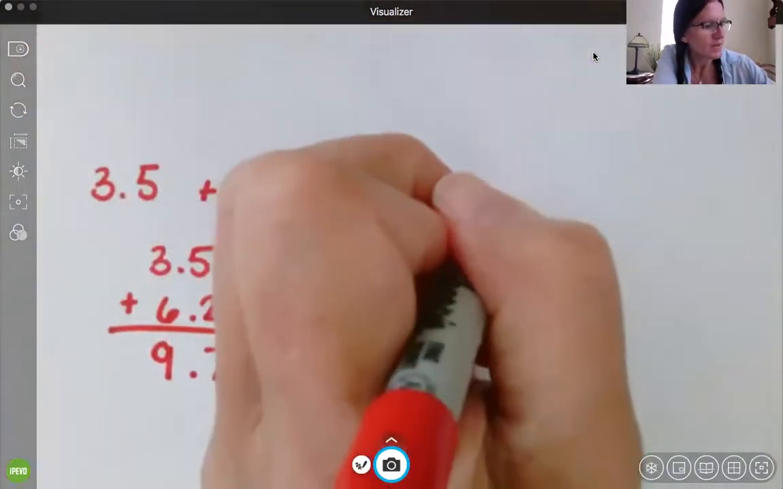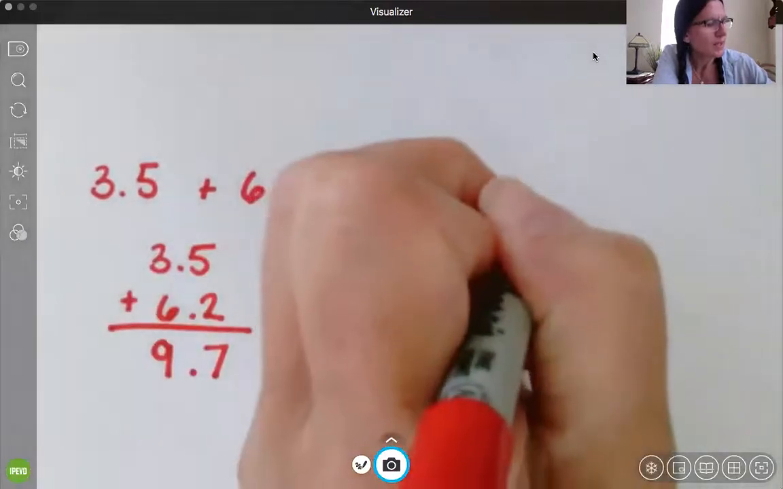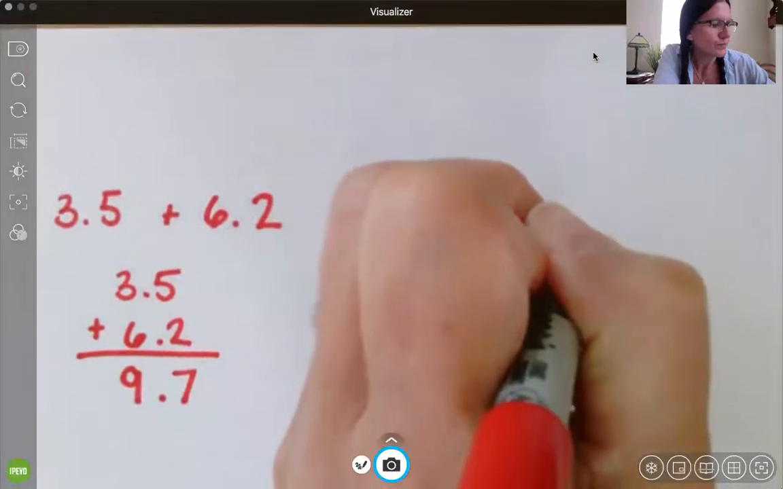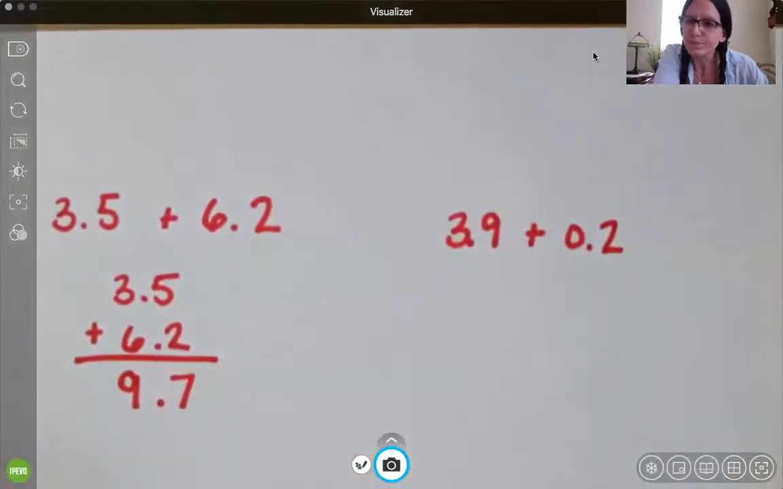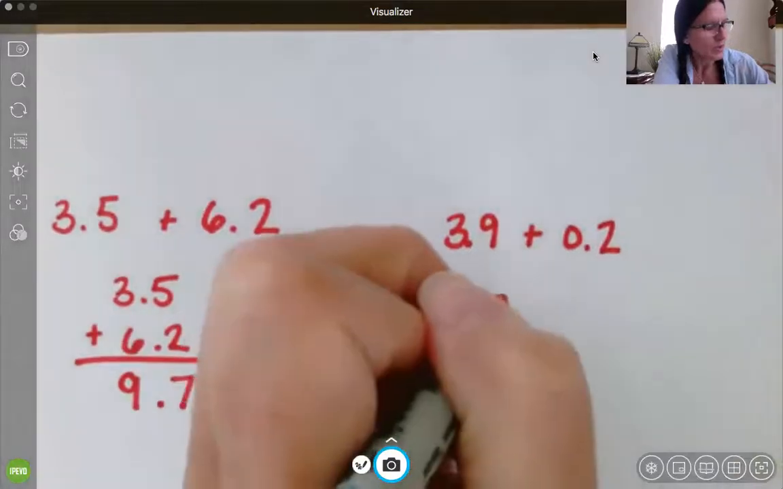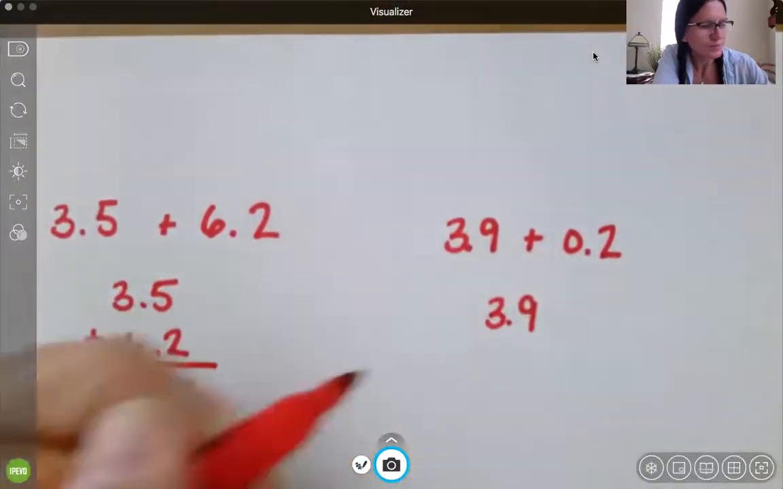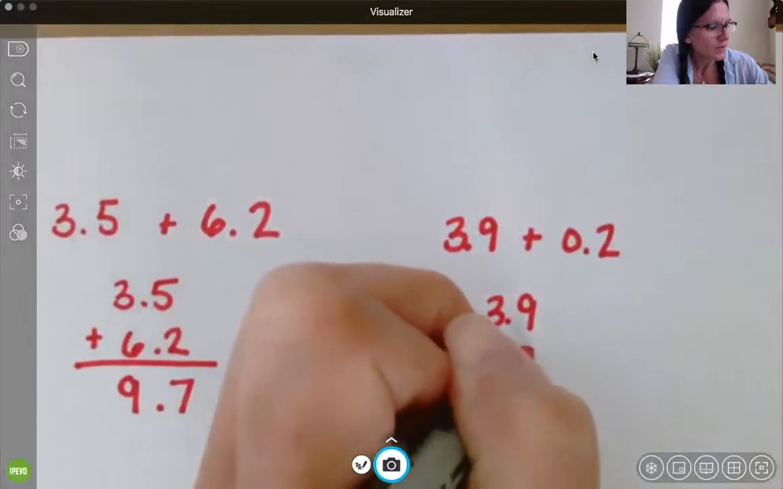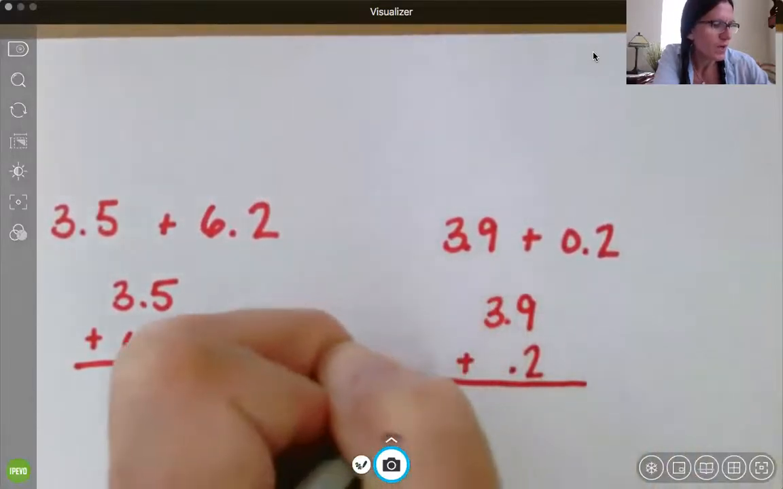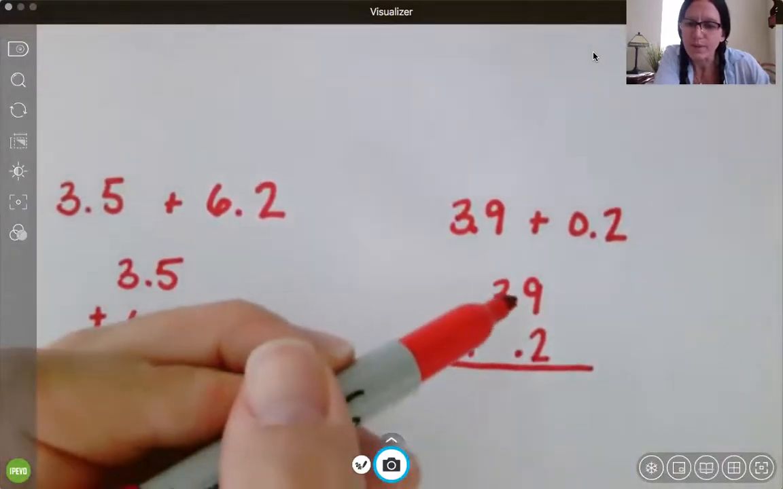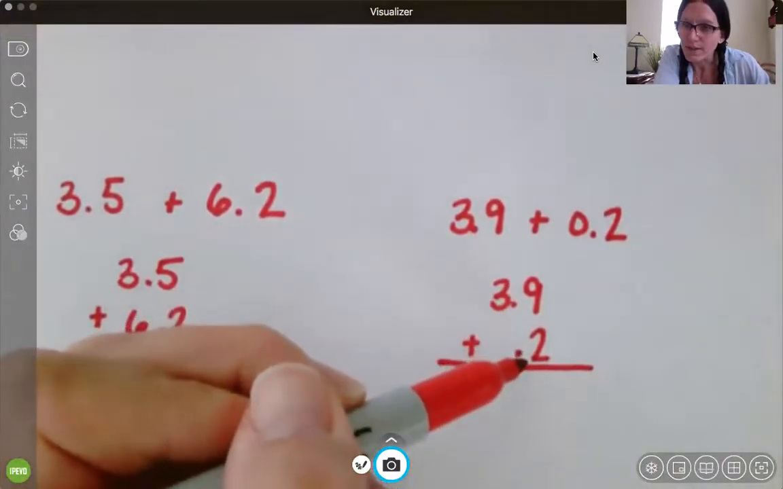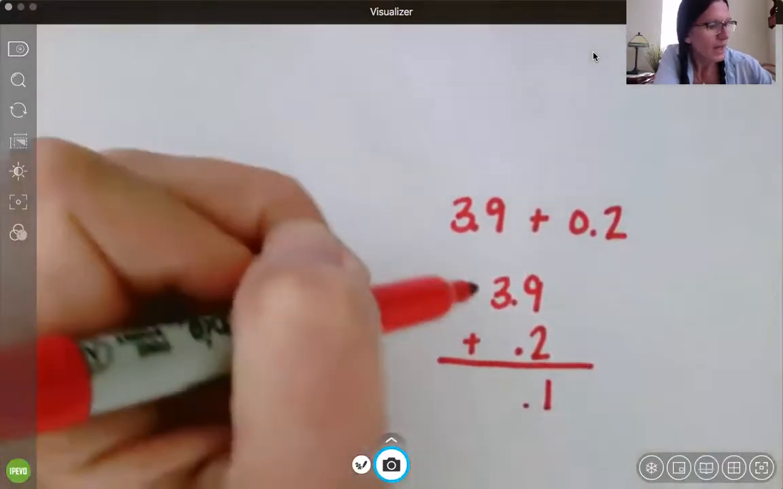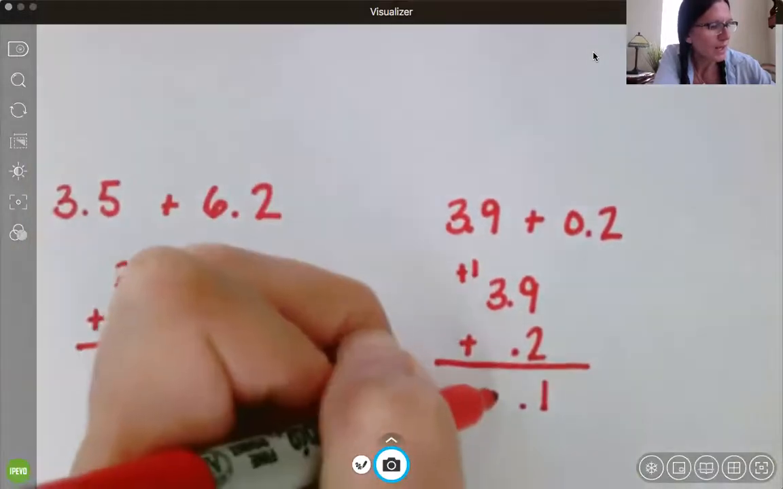Well, let's say I have this, 3 and 9 tenths plus 2 tenths. Okay, so let's start with our 3 and 9 tenths. And my 2 tenths, it's going to go there. And right away you can see what's going to happen. I have more than 10 tenths here. So I'm going to have 1 tenth, and I'm going to regroup that 1, and I will have 4 and